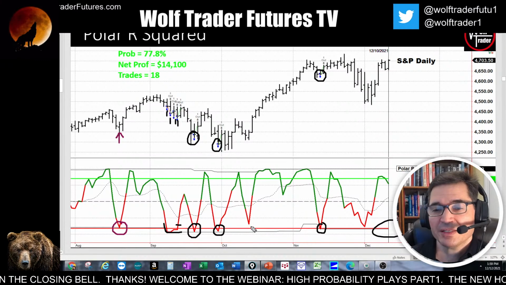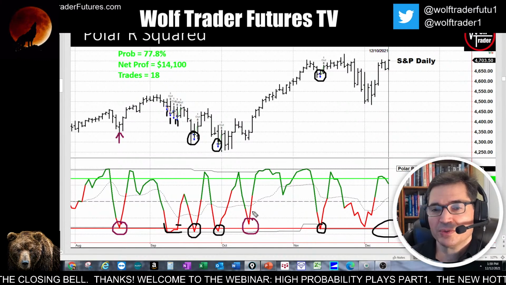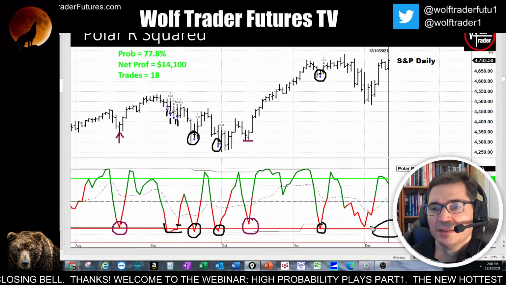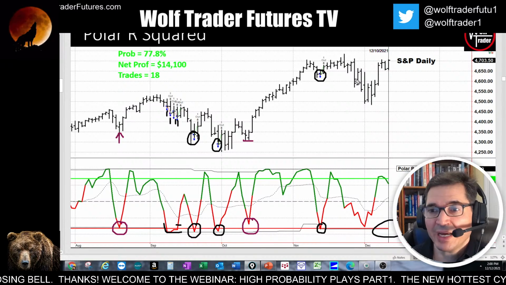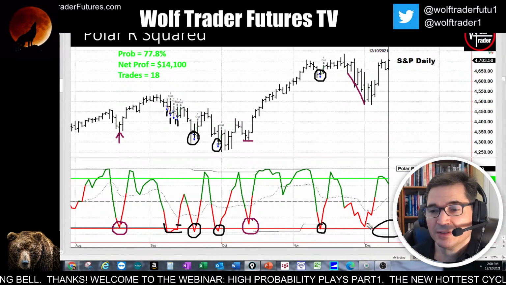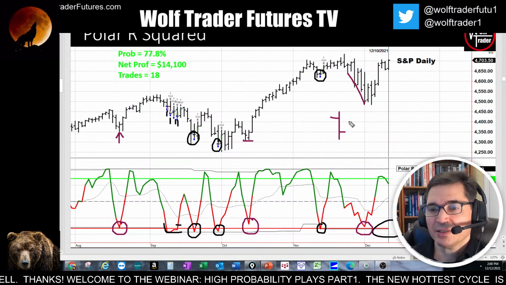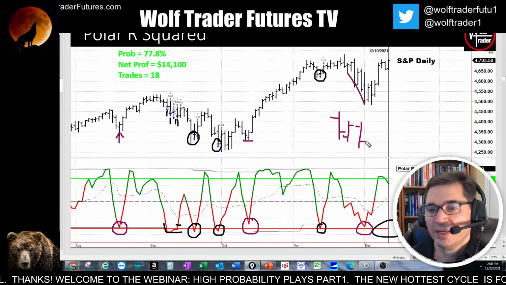This one makes it, this one makes it, this one doesn't make it. Notice this one gets kind of close. Didn't make it though. This one made it. Look at this one. On the recent decline, it didn't make it. You see this? You know why it didn't make it? Because the market was stair-stepping like this, right? Stepping like this,